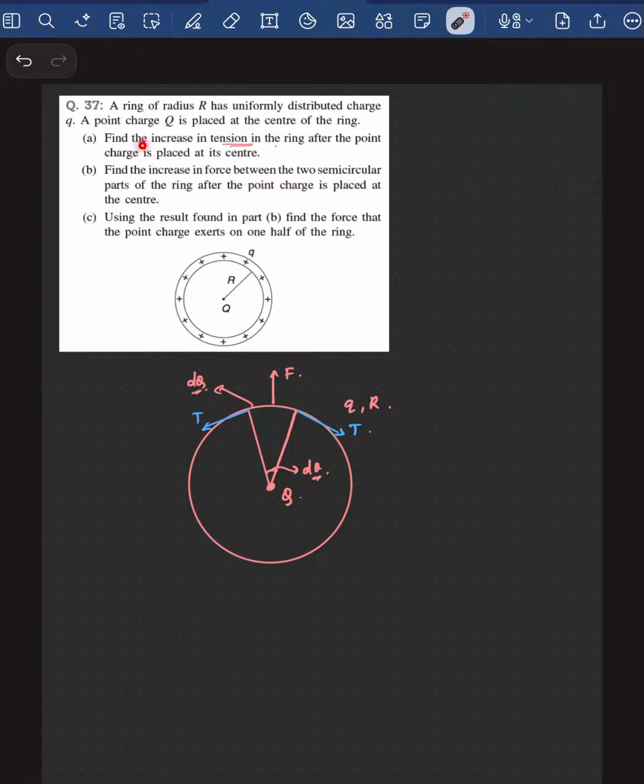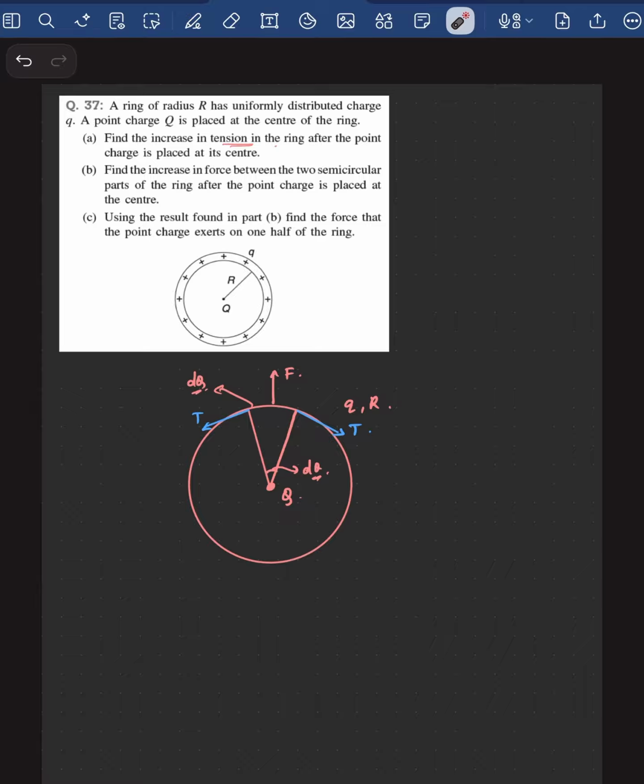And the question being phrased is to find the increase in the tension in the ring. So there was a tension force existing even before you had this point charge being placed at the center. Because your remaining portion of the ring will also try to repel this. And what is preventing it from getting repelled? That is once again your tension force over here. So what we are trying to calculate right now is what will be your increase in tension when this point charge capital Q is placed at the center.